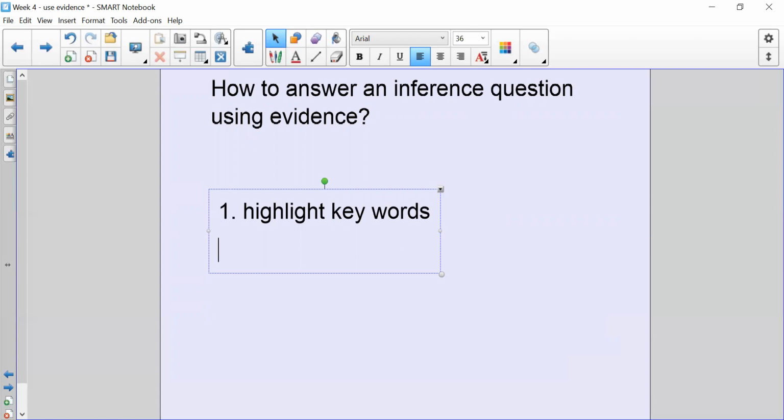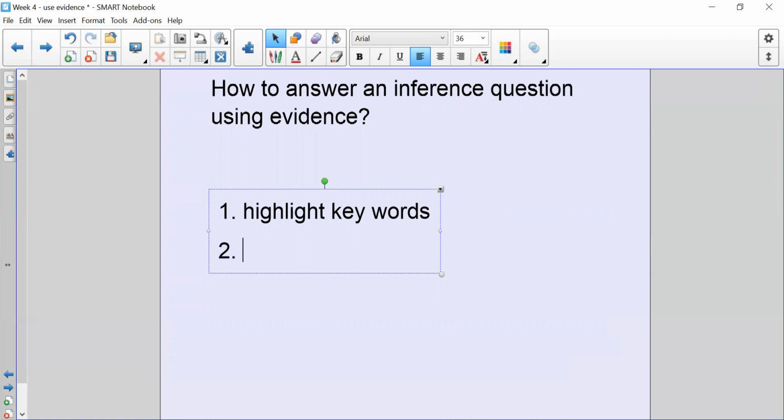Now, if you are using Teams, in the Word document, you can actually select the little highlighting icon or symbol, and you can highlight those keywords on your page now. So you don't have to now write out any questions on a piece of paper. You can do it on Teams, and you can select the highlighting key, and you can then highlight those keywords so that you're really understanding that question, okay?